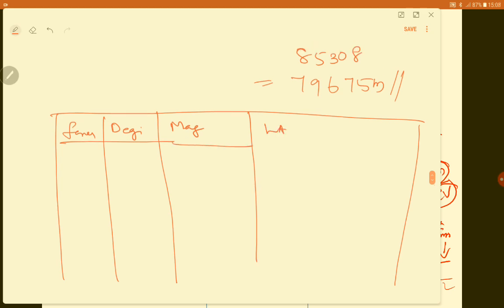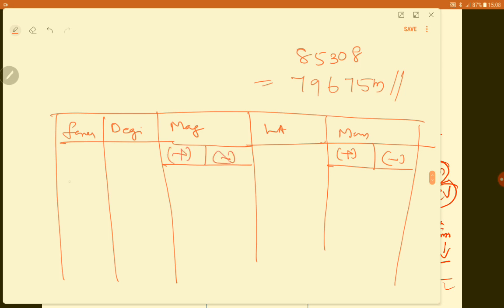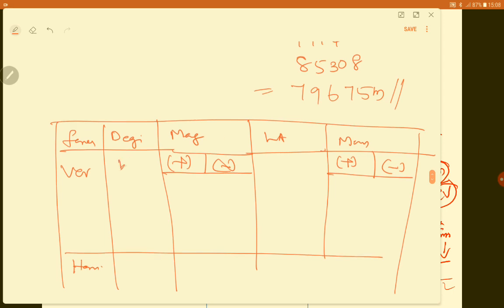You have the lever arm. You have the moments. Okay, the moment can be stabilizing or it can be destabilizing. The forces can be stabilizing, it can be destabilizing, it can be vertical as well as horizontal. Okay, so the various forces that come in vertical are W1, W2, WD, that is the water in the downstream phase, as well as U1, U2, U3 and U4.